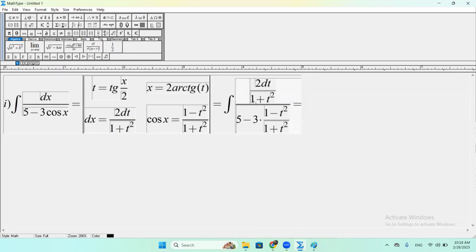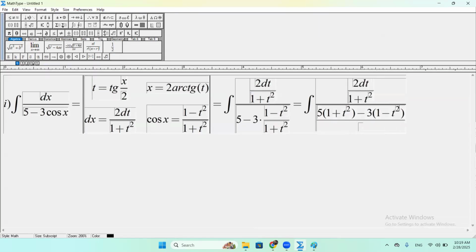Now we will transform it to the common denominator. So copy and paste in the numerator, and we have the following fraction: 5 over 1 plus t square